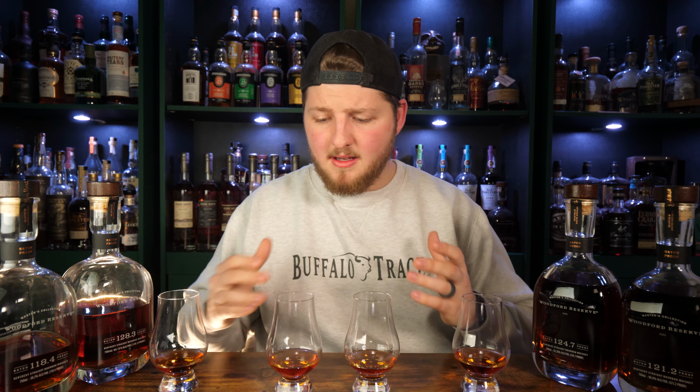Got all 4 of the last Woodford Reserve batch proof releases in front of me, so I'm just gonna kind of go one by one and give my thoughts, I suppose. This one's got a fantastic nose. It's kind of that deep caramel sweetness. On the palate, that follows through. This is kind of what I expect the Woodford batch proof releases to be, but there is a little bit, kind of in the tail end, a little bit of tannic unpleasantness that follows through,